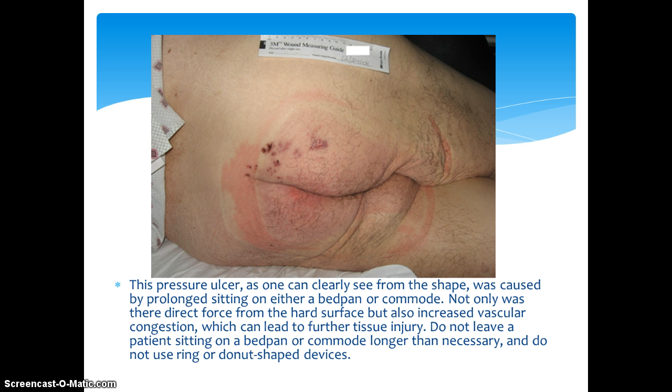I ran across this picture and I wanted to share it with you. If you can take a look at this, what is the issue here? This is somebody that sat on a bedpan or a commode too long, and you can see that this person actually is having tissue breakdown. So I hope in your practice that this will never happen, and be able to help prevent this, because this is perfectly preventable